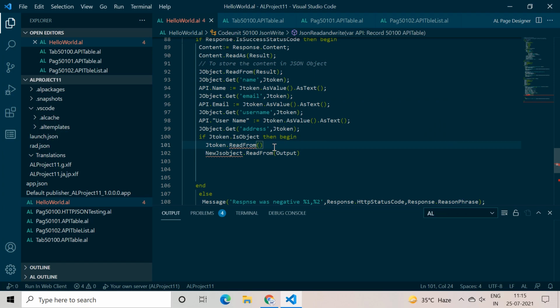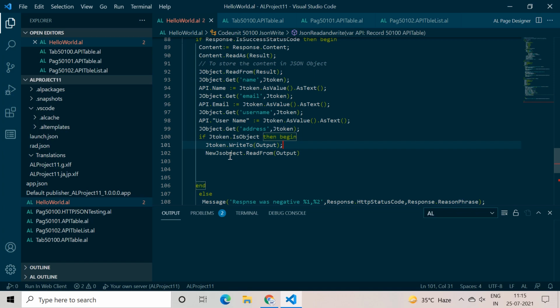No, we should not write read from, but we should write to output. So we have written everything available in the JSON token to the output text data type.